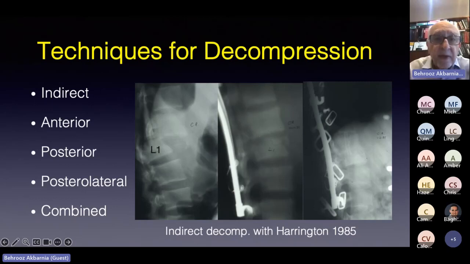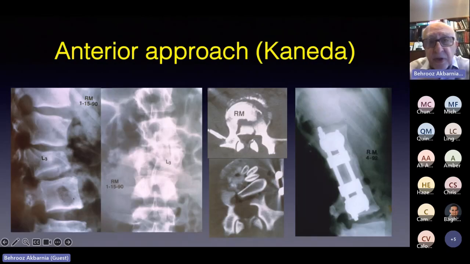This patient, in fact, was intact, and went very well. The anterior decompression, this is an example of anterior decompression, and using Canada instrumentation, short fusion anteriorly,